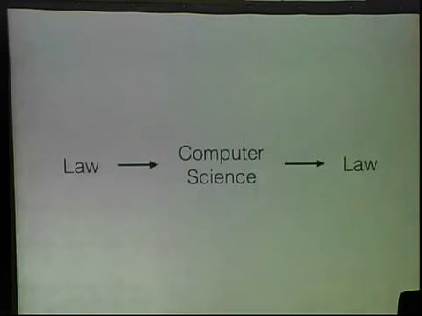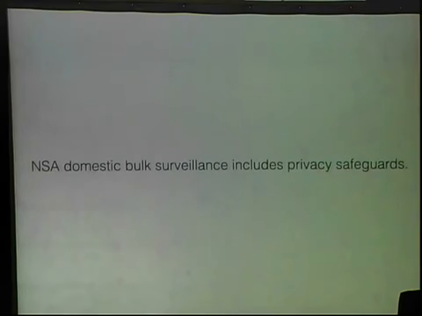And so we started by trying to learn as much as we could about the law that governs the NSA, talking to intelligence law experts all over the place, then did some computer science research, trying to understand the implications of the law, and then finally returned that to legal fora for arguments about why, as a matter of what we now know from computer science, the NSA's program should be held unconstitutional or should make less sense as a matter of policy from one of the oversight board's perspectives. So this is what we tried to do. And in thinking through the law, it became very clear to us early on that domestic bulk surveillance authorities,